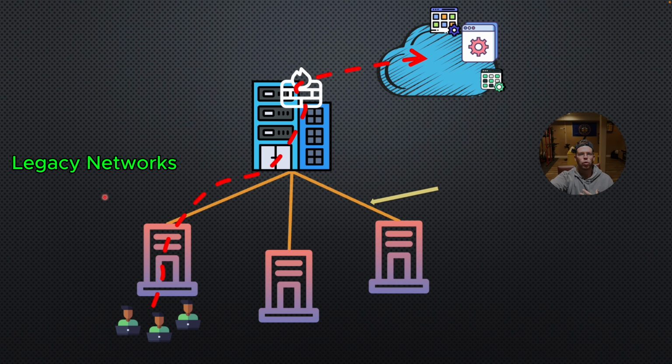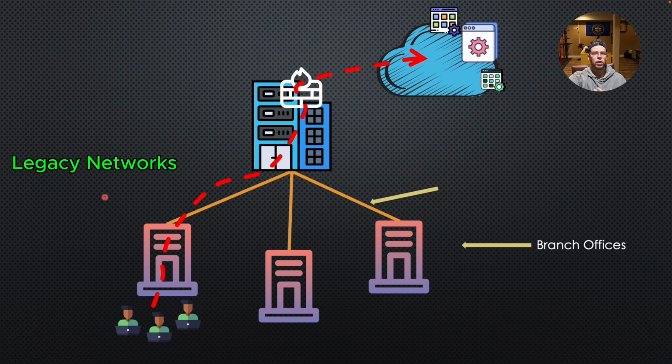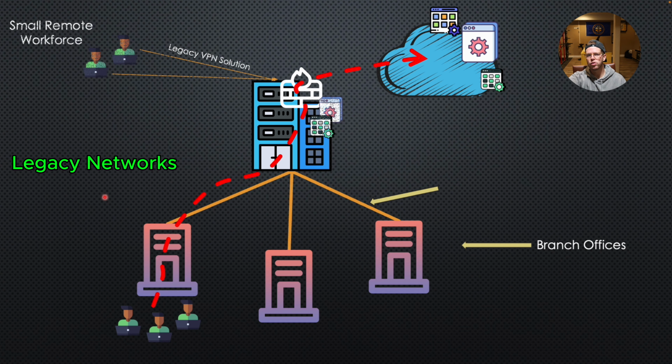Traditional networks were built for a world where everything lived inside your perimeter. The bulk of your users were sitting inside branch offices. You only had a few remote users, and they just needed simple access to a file share. Your branch offices then connected into your data center where all of your applications were hosted. And then your data center had a centralized egress point where you had a firewall that just did basic inspection for your web traffic. You used high-cost MPLS links to connect everything together.